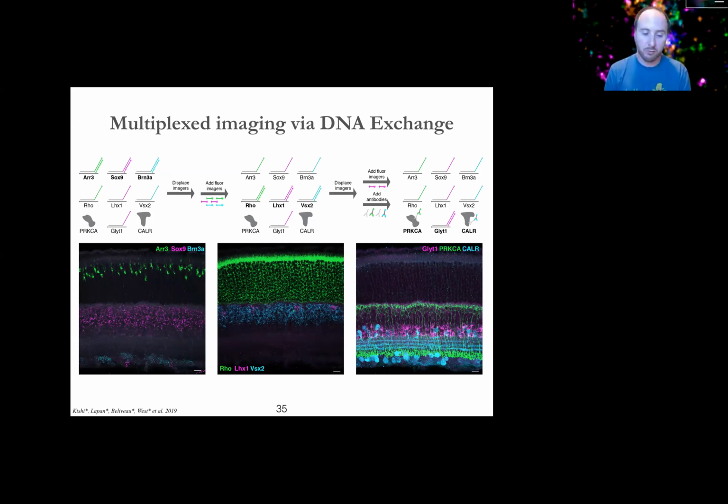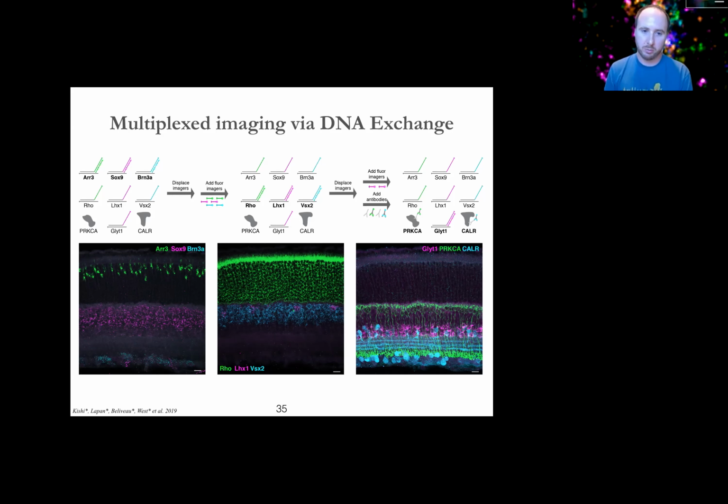So for any of these sequential imaging techniques that rely on readouts that vary by round, you hybridize to target 1, then you somehow remove that signal, and then the next round you hybridize to target 2, and so on and so on. The rate limiting step is always going to be association of a new label with the target that's docked in situ. That's because collision frequency is really what's bounding the ability of these things to hybridize, and the concentration of what's associated either on the RNAs or on pieces of chromosomal DNA you're trying to target in situ is extremely low.